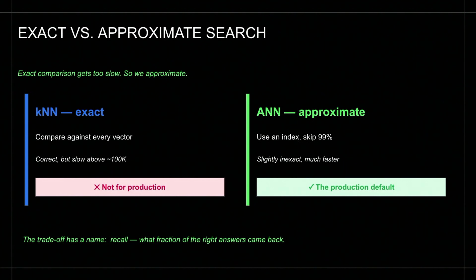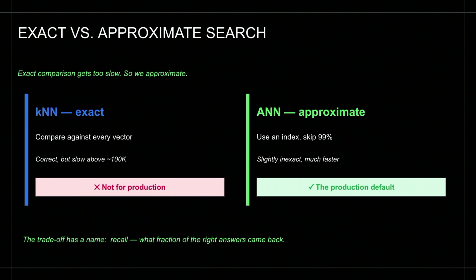Now, when it comes to search, there are two terms: exact search and approximate search. Exact search means that you compare against every vector in the database, and then you get the exact, correct answer. But it's going to be slow, especially if it's above 100K, or a really huge database or data volume. That's where approximate search comes into play.